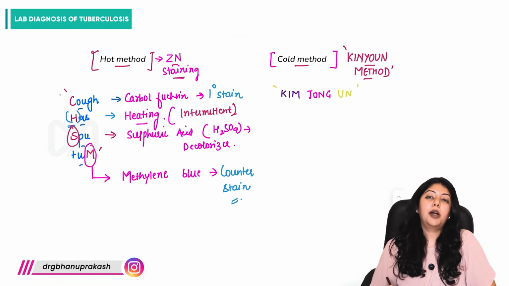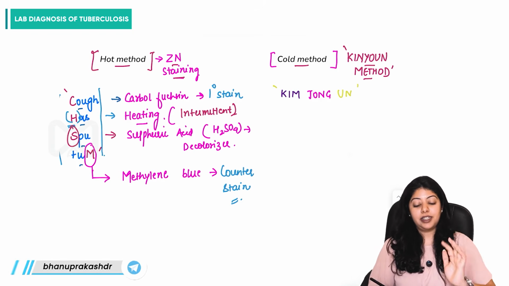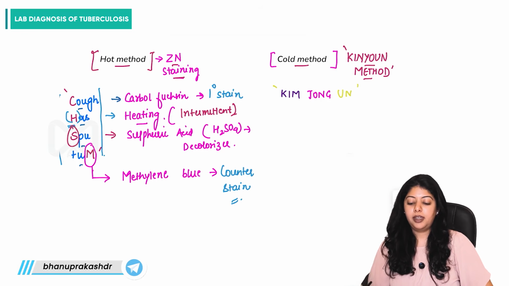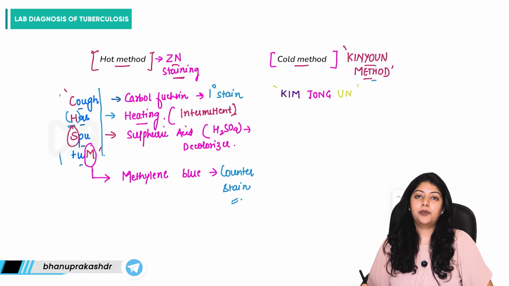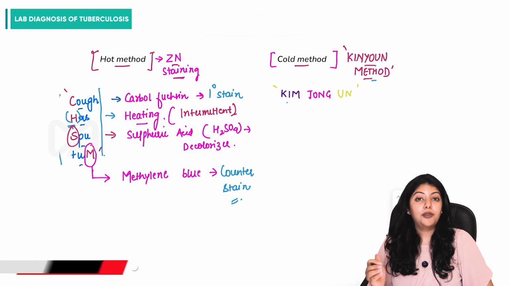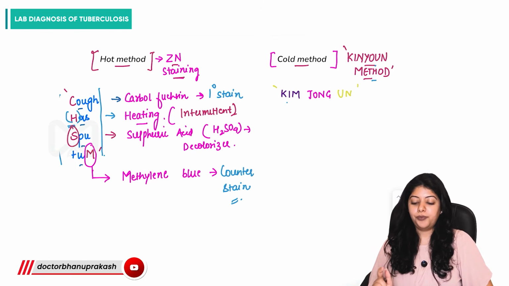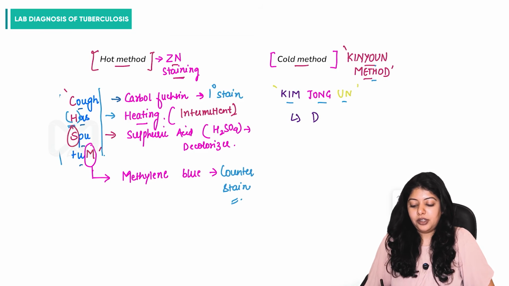So whenever asked about the ZN staining, we know it is done for diagnosis of TB, and for TB we require sputum sample. So this is the easiest mnemonic that I could get for ZN staining steps. Cough has sputum. Now then comes the cold method, which is the Kinyoun method. So how do you remember Kinyoun and what are the different modifications which are done for the cold method than the hot method? First things first, so Kim Jong-un, he is the dictator